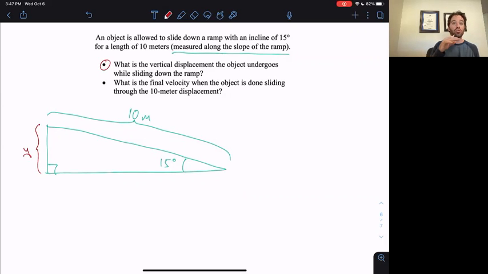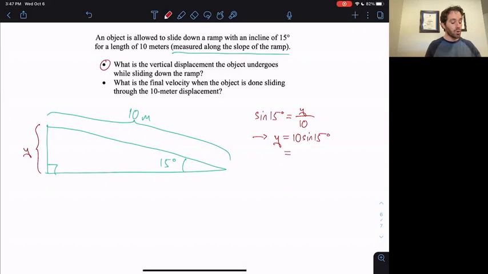This first question is straight trigonometry, because all you need is a trig ratio involving what you already know and what you want to know. That ratio is sine, because the sine of 15 degrees is the opposite, y, divided by the hypotenuse of 10. So then y equals 10 times sine of 15,